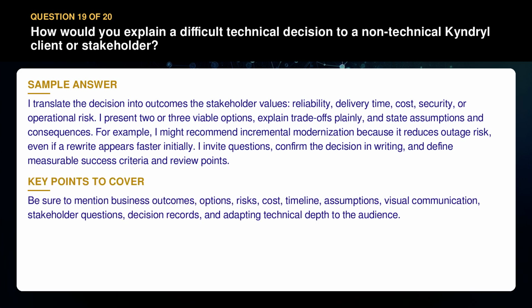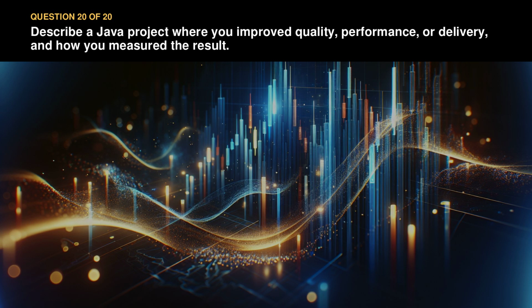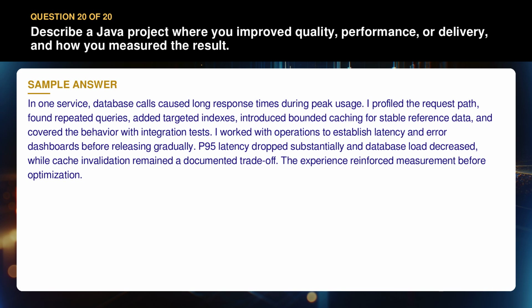Be sure to mention business outcomes, options, risks, cost, timeline, assumptions, visual communication, stakeholder questions, decision records, and adapting technical depth to the audience. Question 20. Describe a Java project where you improved quality, performance, or delivery, and how you measured the result. In one service, database calls caused long response times during peak usage. I profiled the request path, found repeated queries, added targeted indexes, introduced bounded caching for stable reference data, and covered